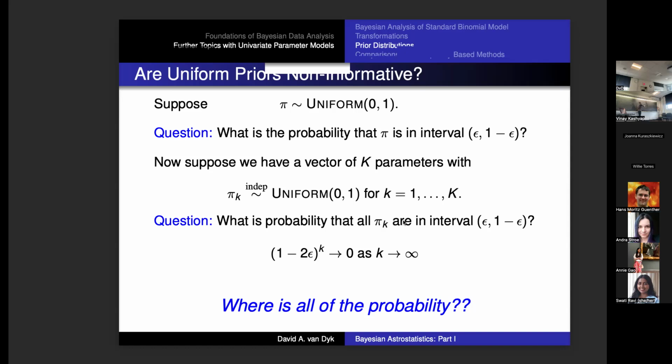So most of the probability is going to be in that interval, just cutting off a tiny bit off each corner. Now suppose I don't have 1 parameter. This is part of what's called the curse of dimensionality. Now suppose I have capital K parameters, and I put a uniform prior on all of them. It's equally non-informative, right? What is the probability that all of those parameters are in that interval? Well, they're independent, and so the probabilities multiply. So what I get is that same thing, 1 minus 2 epsilon, but since there's K of them, there's a K in the power there.